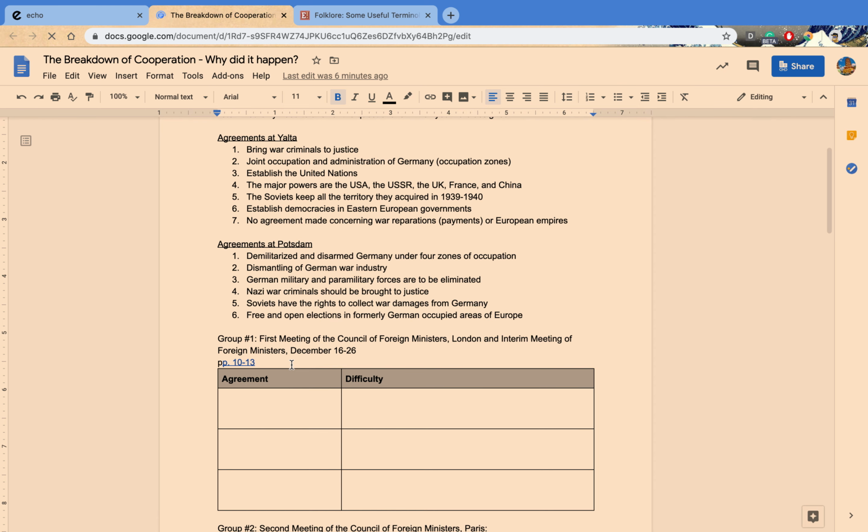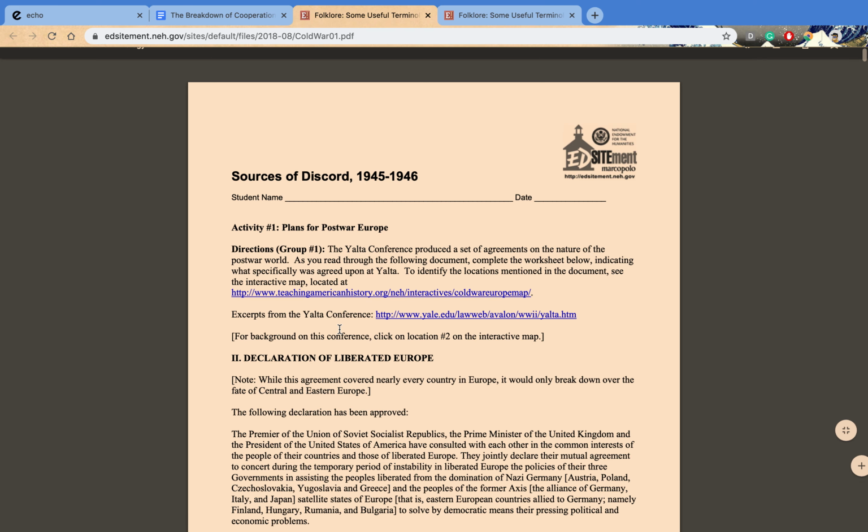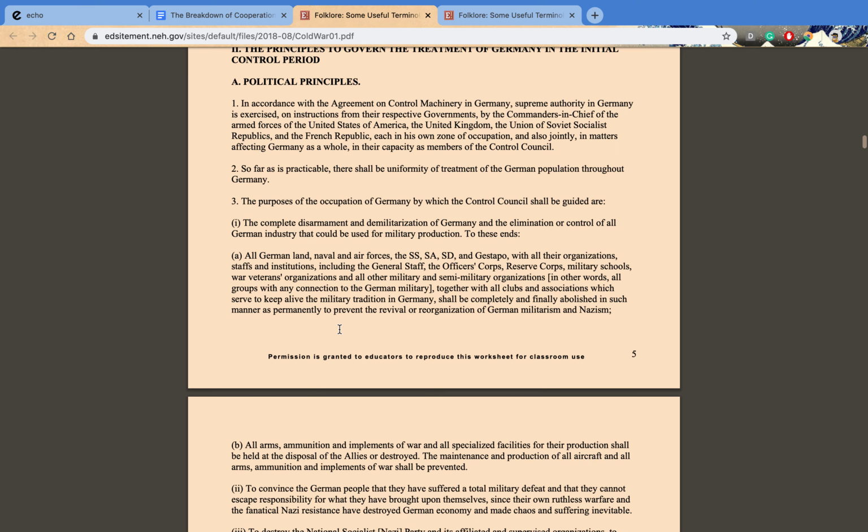You're going to read through these or listen. I want to point that out. You can read through it here. If you click here, I have it right there too. If you look here, it's on page 10 through 13. It's called First Meeting of the Council of Foreign Ministers. So you have to scroll down a bit to page 10.